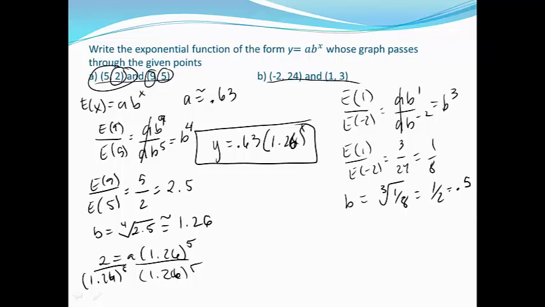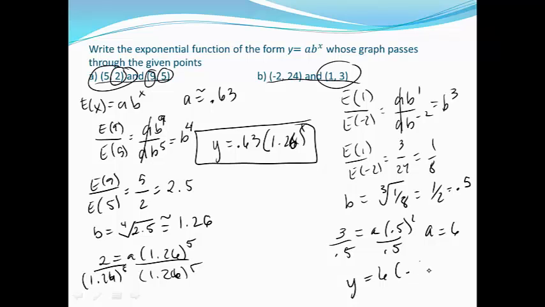Then I need to find my a value, so I will choose 1, 3, plug in 3 for y, finding a, 0.5 for my growth factor, and 1 for my x. So I'll divide by 0.5, which is the same thing as multiplying by 2. So a is equal to 6, and this formula is 6 times 0.5, or 1/2 to the x. So now you'll see how you have to find exponential functions given 2 points, and that is the end of this